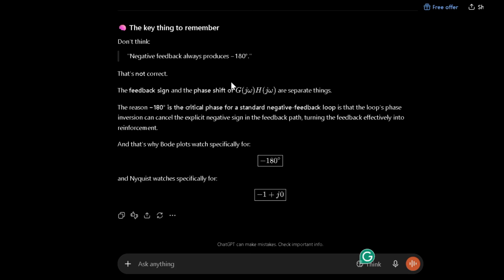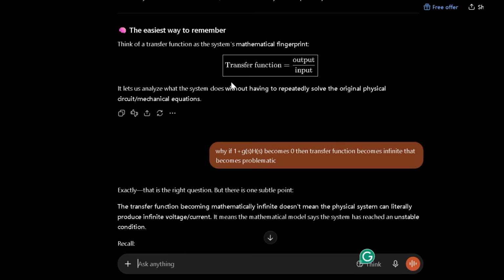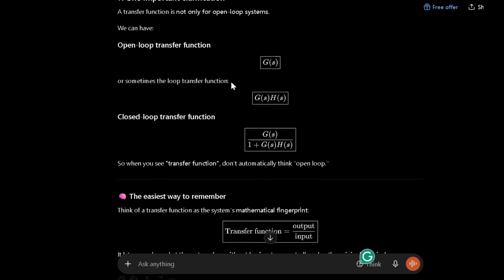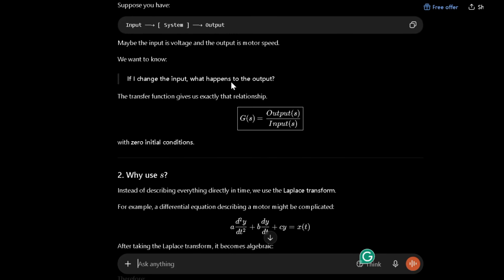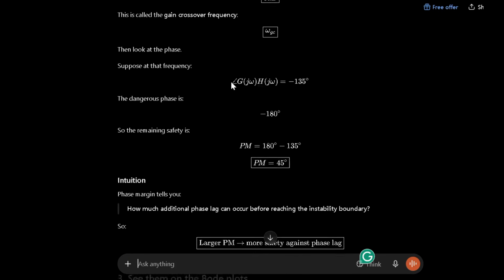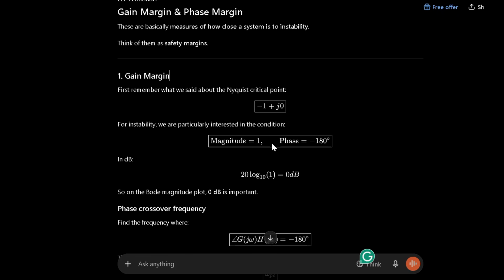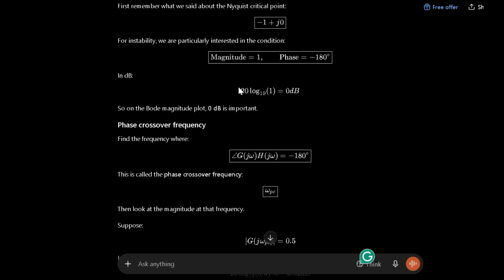Okay, that's the minus 180 scale. No confusion. Oh, where are we? Yeah, this is where we gain margin. So this is Nyquist criteria. We got magnitude 1 case because of negative feedback, we get minus 180. If we substitute in for 20 log 10 base 10, this is how we solved Bode plots using this type. 20 log 10 of 1 base 10 equals 0 dB. We see here Bode